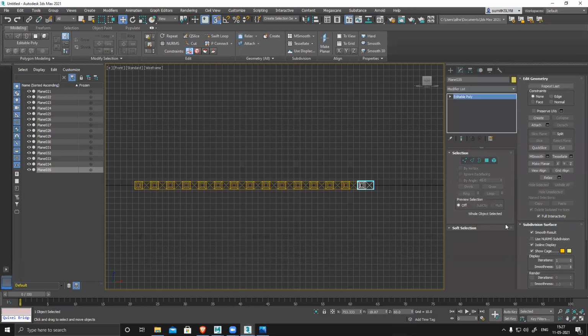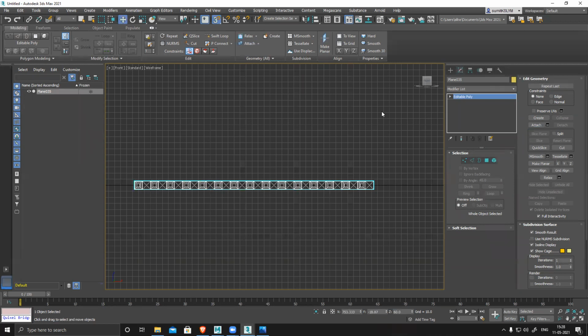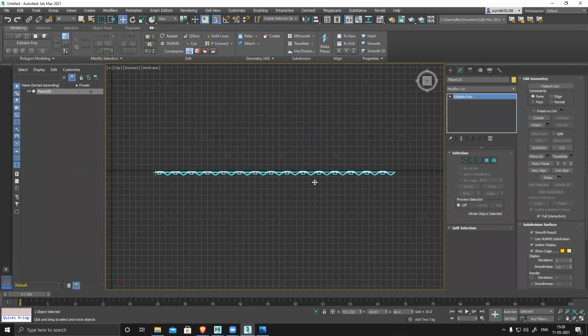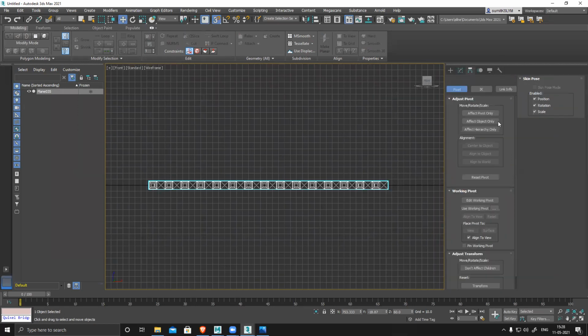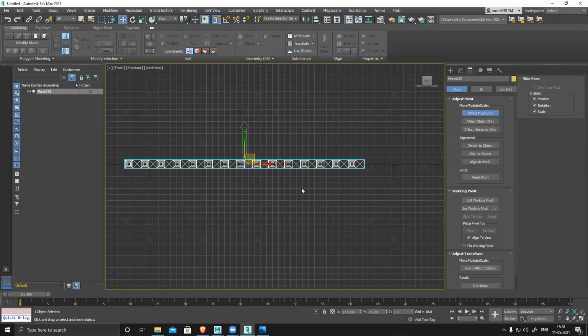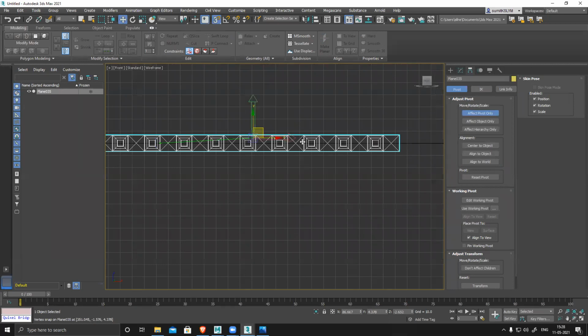Attach. All of them attached together. So we just make sure from top view, it should be a straight line. Otherwise, it will create problems. Now this thing is ready, now I go to pivot point. I'll just align it properly because the alignment changed previously. And I can just select this and snap to any of the vertex because vertex snap is on.